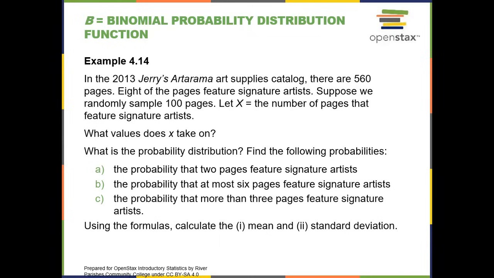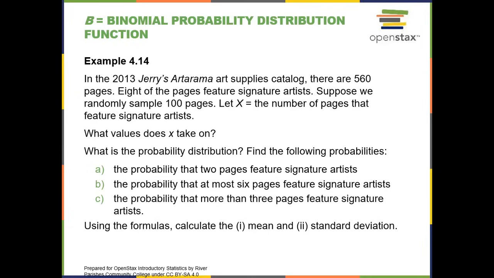multiplied by 0.0142 and then multiplied by q. I have not calculated q, so what am I going to do? I'm going to put a left parenthesis. Then q is 1 minus the probability of success, which is 1 minus 0.0142. Right parenthesis and hit enter. The standard deviation is 1.183.